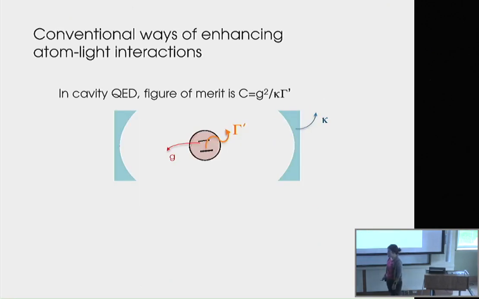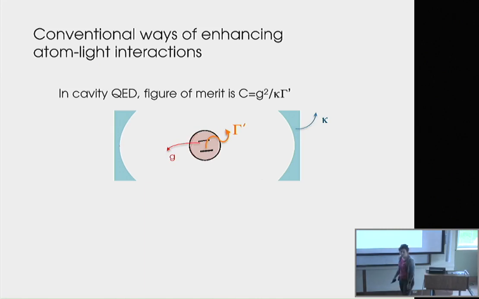So, in the paradigm of cavity QED, there is a solution to this problem. The idea is to place an atom in between two mirrors. Now, this previously small probability is going to be multiplied by the number of bounces of the photons in our cavity. The figure of merit that tells us how good this photon-atom coupling is now is the cooperativity. That is just the ratio between the good couplings and the bad couplings. The good coupling is the decay rate of the atom into the cavity mode, G, and the bad coupling is the decay of the cavity mode and the probability of the atom to emit the photon into free space, that